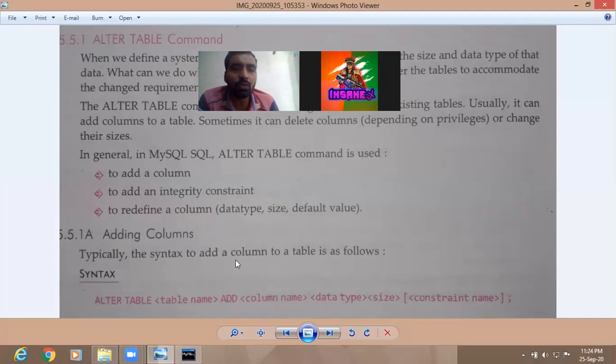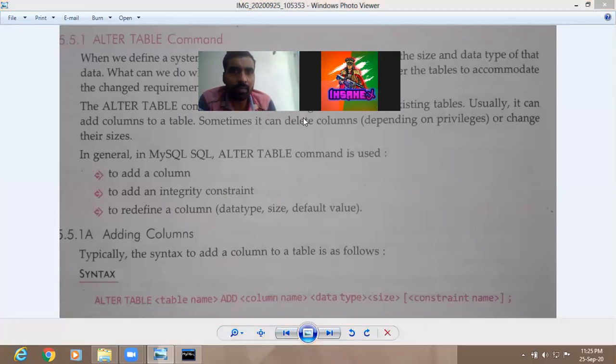Typically the syntax to add a column to a table is as given here. We write alter table command. Alter table command is written, then the table name is written, then add. We write the add command.